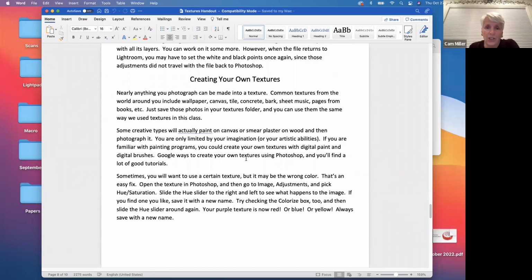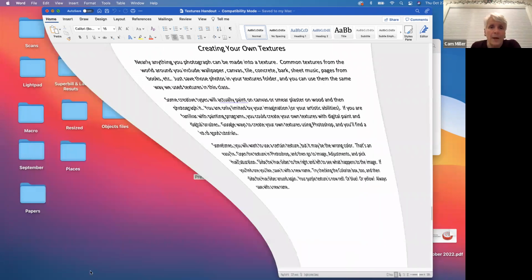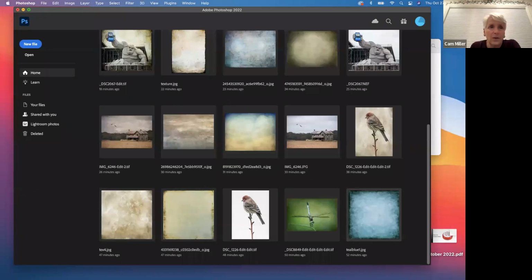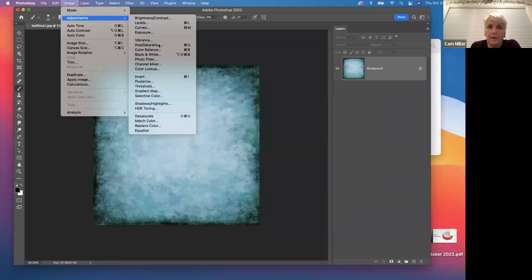Oh, I wanted to show you how you can change the hue too on a texture. Sometimes the texture might be the wrong color. So let's do that real quick. Let me go back to Photoshop and open up a texture like this one. Okay, now we're going to go to image adjustments, hue or saturation. This is in the handout, but